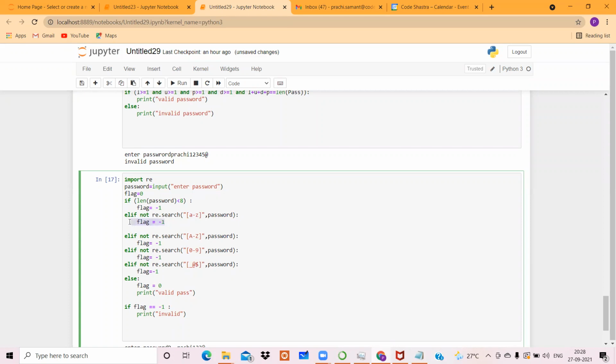The flag we set on our own. You can give any value to this flag, -1, -5, -100, 1 or anything, but it should not be 0, because 0 indicates that your situations are being followed. A nonzero value indicates that something anomaly has occurred in your data, so the flag is raised. So basically one can solve a similar type of question using another method, that is using the regular expression method. We have discussed only this much about regular expressions so far.